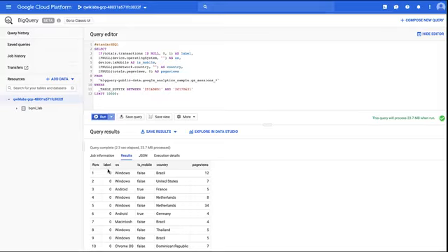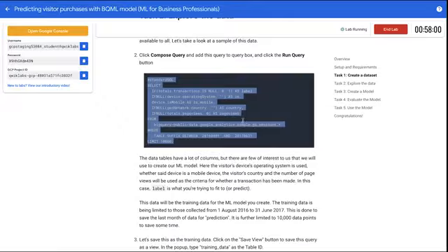And we pull only these 5 columns from the data: the label, the operating system, this Boolean flag called isMobile, the country, and number of page views. Label is very important here because label is the thing, the outcome we're trying to predict. And we subset the data between 1st of August 2016 and June 31st of 2017. Okay? So let's keep going with the lab.